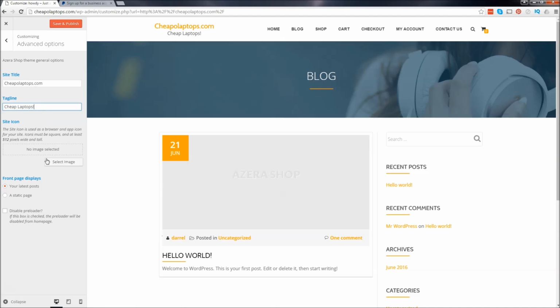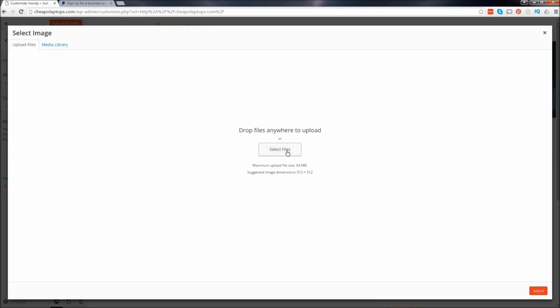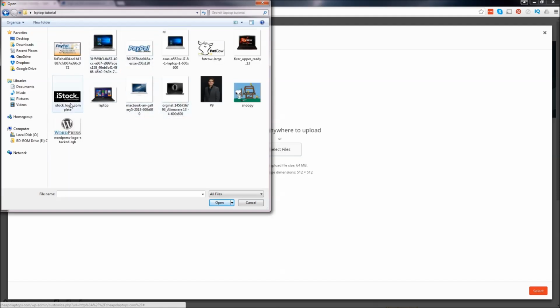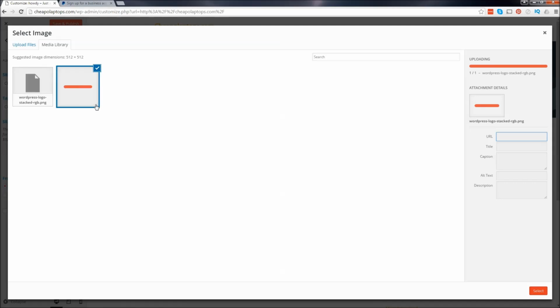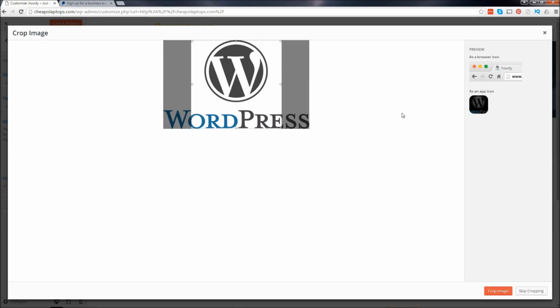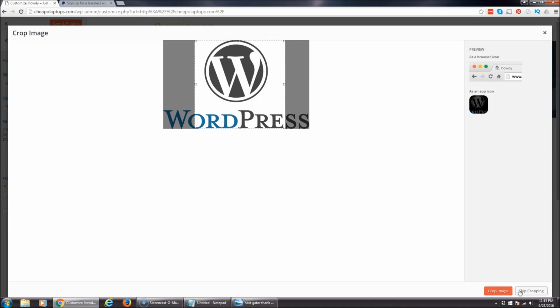Okay, and then we have our site icon. So click on this right here, and I'll show you what this is. I'm going to click on select files, and go ahead and just select the file. So I'm just going to go ahead and enter in this right here, this WordPress logo. Okay, and I'm just going to click on select. Now you see right here how it has this W right here in the browser. So this is for when people visit your website. It's going to have that little icon, because you've noticed even up here for PayPal, they have that little P symbol. So this is sort of branding your website. So I'm just going to click on crop image,